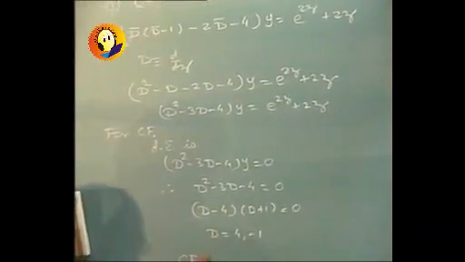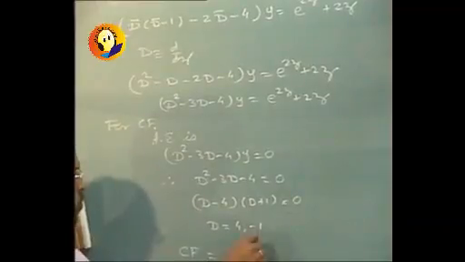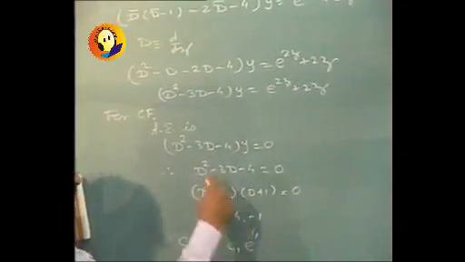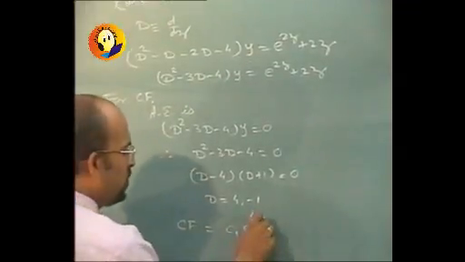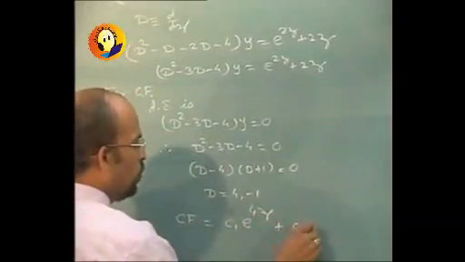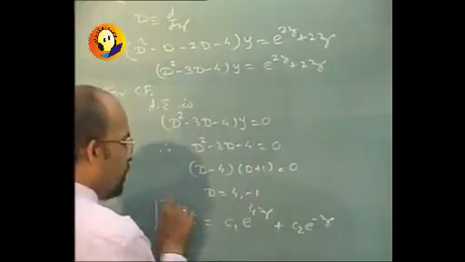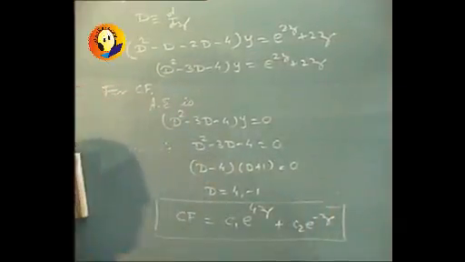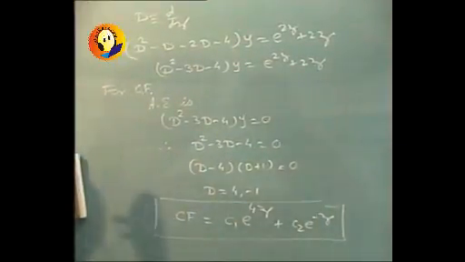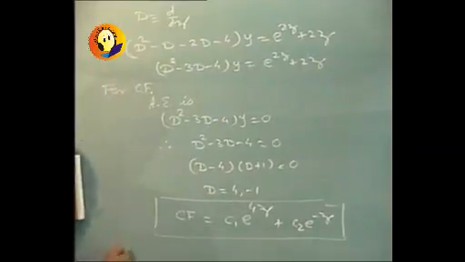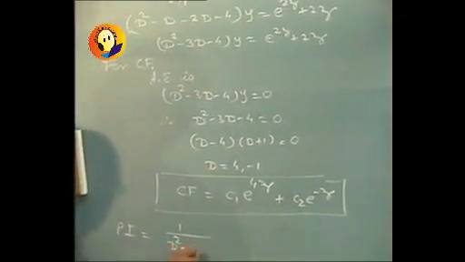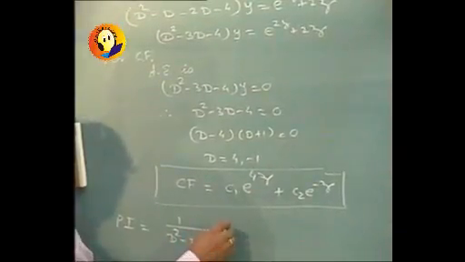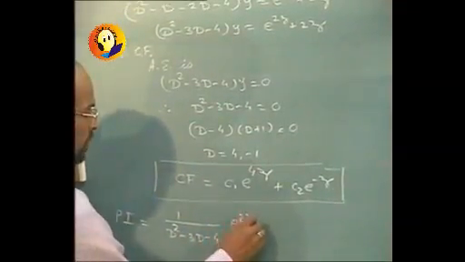CF in this case will be C1 e raised to 4, not x, because it is d by dz, which is capital D. So it will be C1 e raised to 4z plus C2 e raised to minus z. CF. For PI, it will be 1 upon